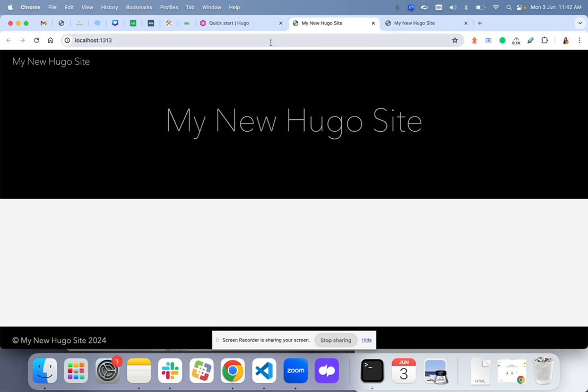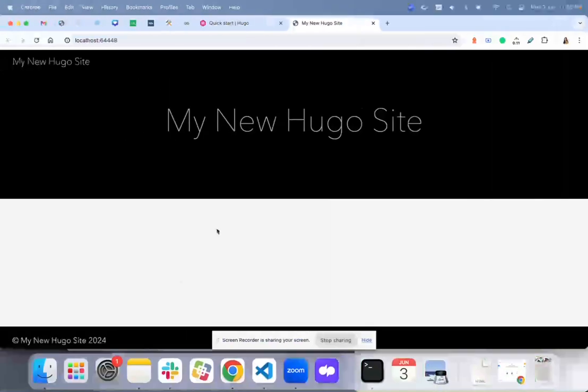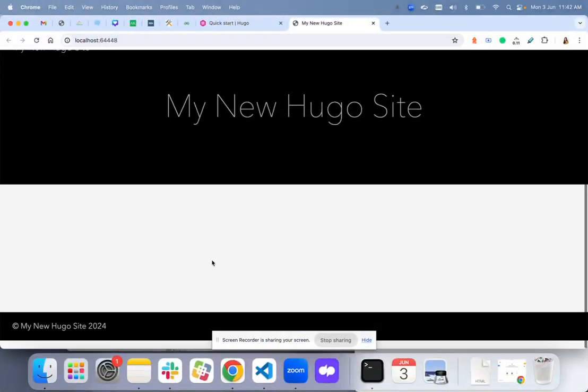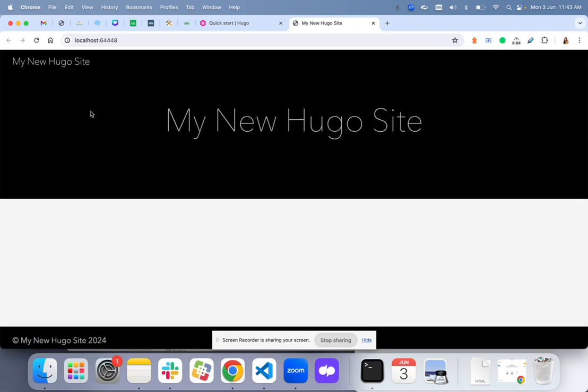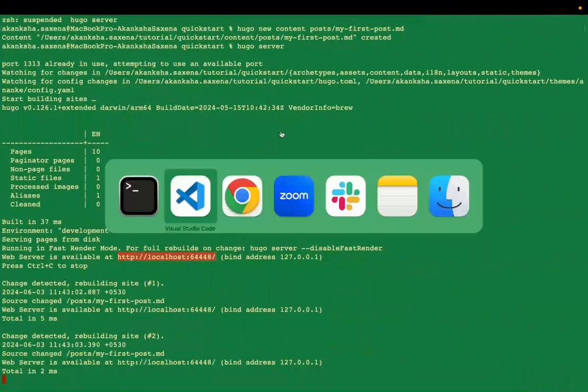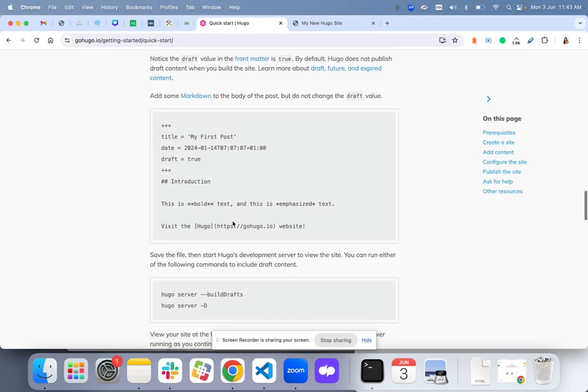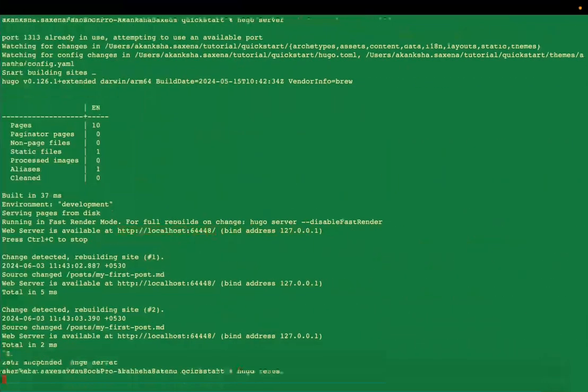Now if you see, it was showing me a different port earlier, a different URL. If I refresh it, I cannot access my site on that URL or on that domain, which means my server is not deployed on that. It has deployed on a different port. Now I can refresh it and see where I can see my content here. I cannot see it, but let's see. Okay, it is running.